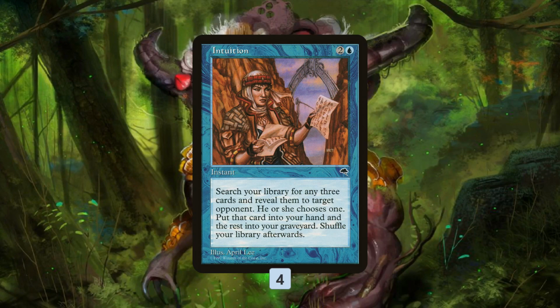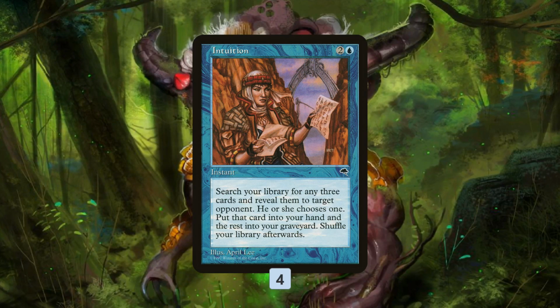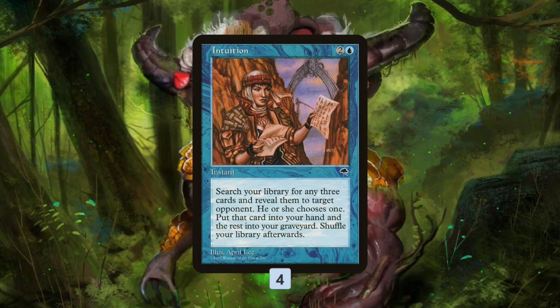So Intuition is super sweet. It lets us search for 3 cards, reveal them to an opponent, 1 goes in our hand, the rest go in the graveyard, so we can use this to search like Saproling Burst, Saproling Burst, Saproling Burst, and we're guaranteed to get 2 Saproling Bursts in the graveyard, 1 in our hand. We can also search like Saproling Burst, Pandemonium, Pandemonium. We're going to get some combination of those cards in our hand,